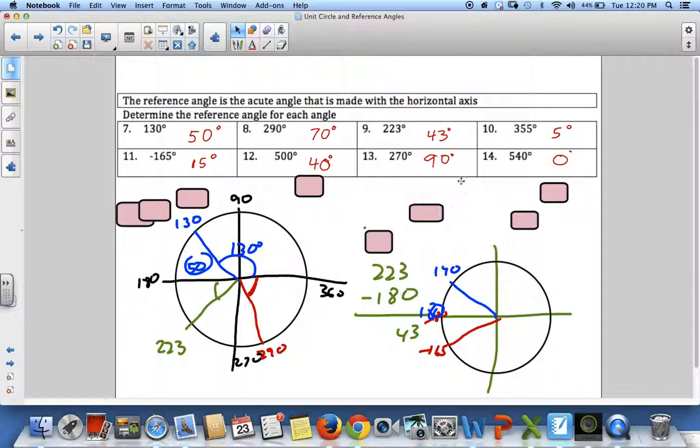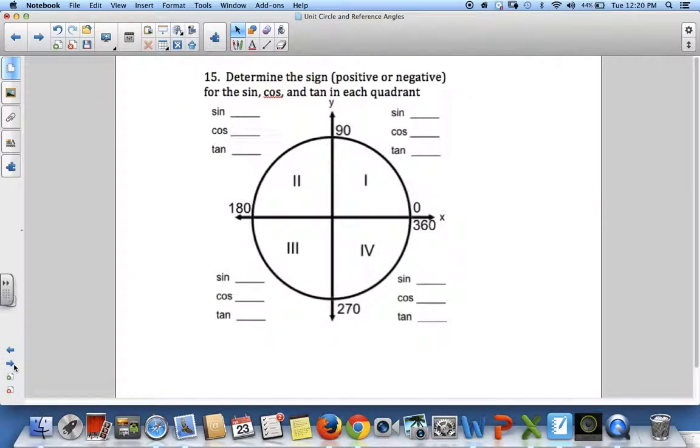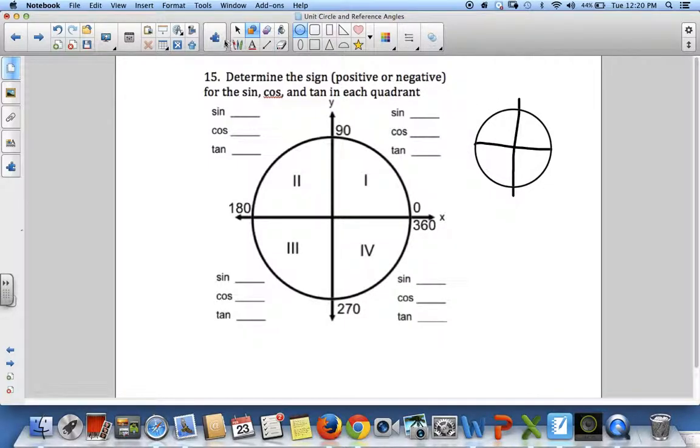The next thing we're going to do, one more thing before we get to the meat of what we're trying to figure out, is figuring out in which quadrant we have positive and negative signs. Again, let's look at our situation here. I'm going to make my little circle thing here again. Okay, so what I'm going to do is realize that this point right here,